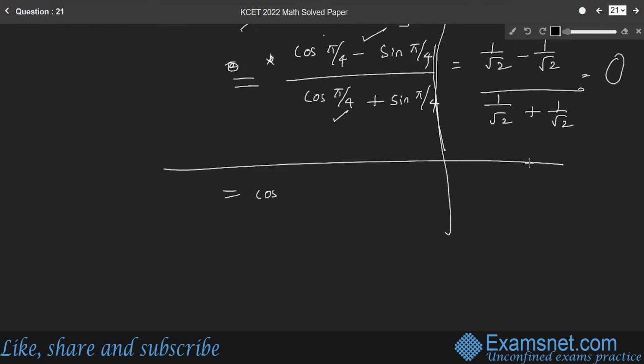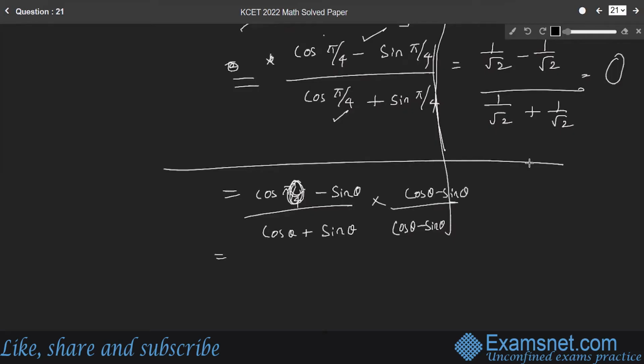Later you can substitute the value of theta: cos theta minus sin theta divided by cos theta plus sin theta, when multiplied and divided by cos theta minus sin theta. So the numerator becomes a minus b whole square: a square, which is cos square theta, plus b square, sin square theta, minus 2ab, so 2 cos theta sin theta,